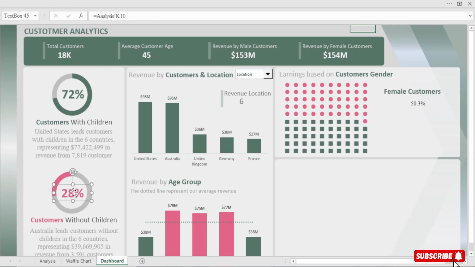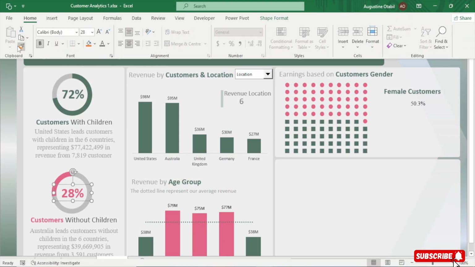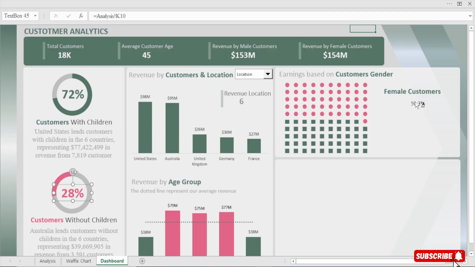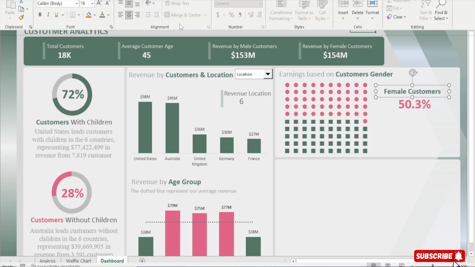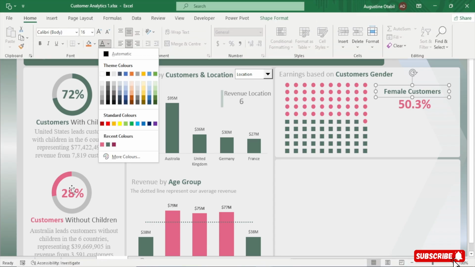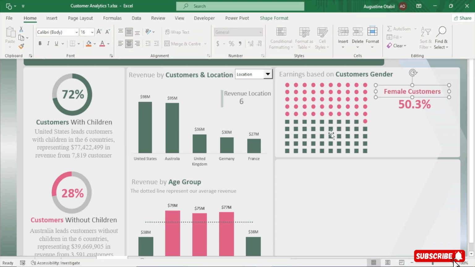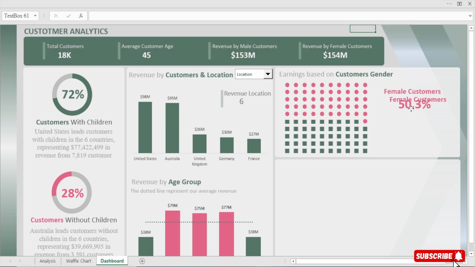So now select this. Copy the format. Paste it here. You see what we are doing. Perfect. So now this will also be this color. Female. You see that? So duplicate this. Bring it here. Then we are going to see